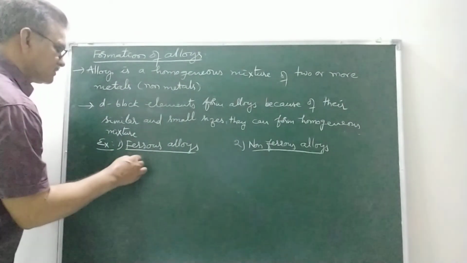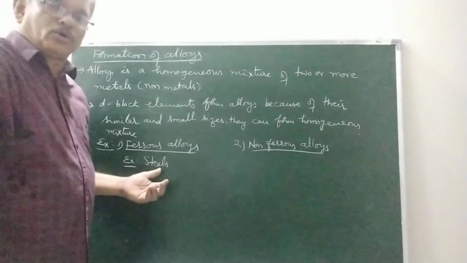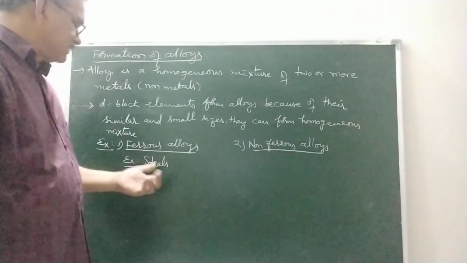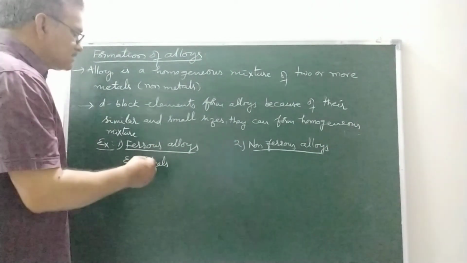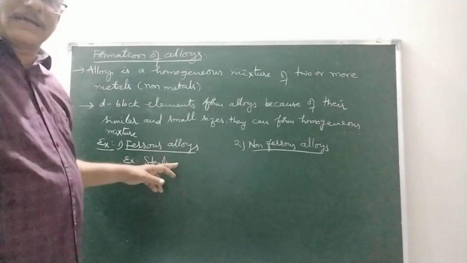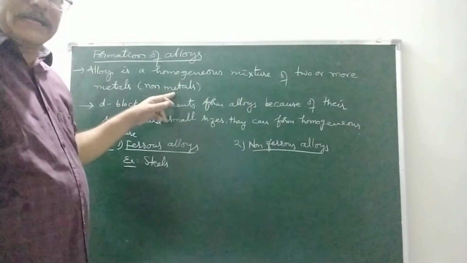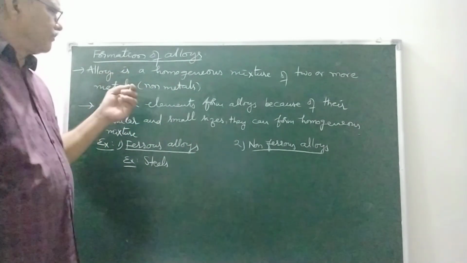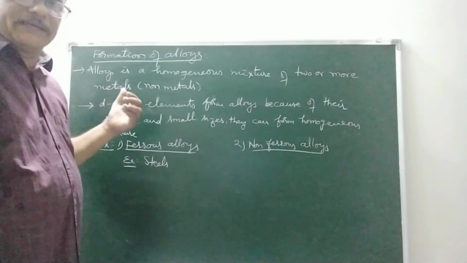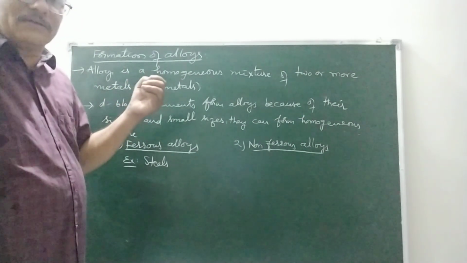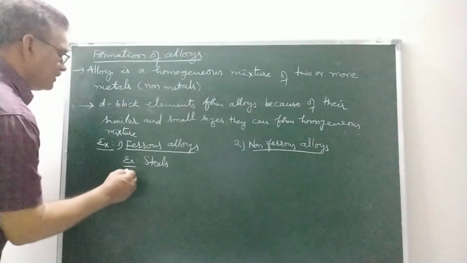If we take examples: steels, stainless steel, chrome steel, manganese steel, nickel steel, etc. In stainless steel, carbon is also present as one of the components. Carbon is a non-metal, so certain non-metals also participate in the formation of alloys. Of course, they are very less in number, right? In the same way, another example is